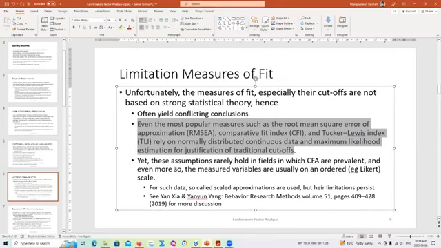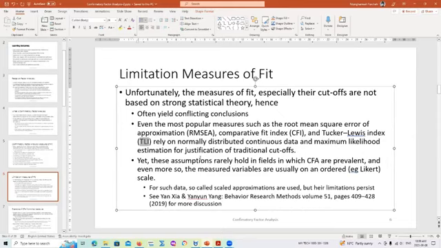Okay. The other question is, what I understand is that even if I have the root mean square, TLI and CFI in a normal range, that doesn't mean that the model is a good fit. Is it right? No, if it's in the normal range, that is good. There's nothing to worry about. If the value becomes